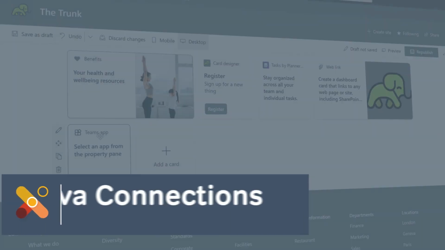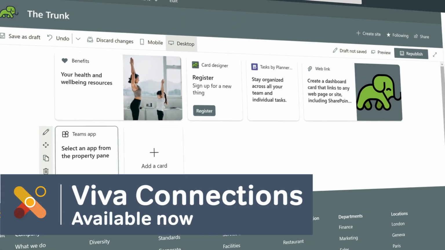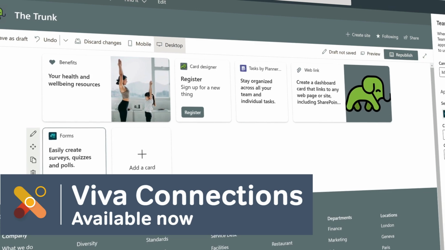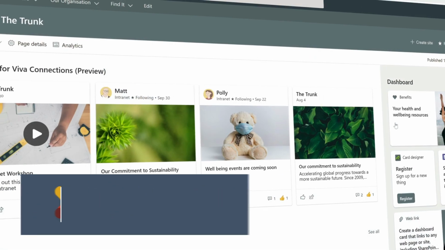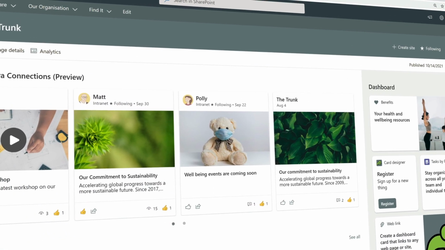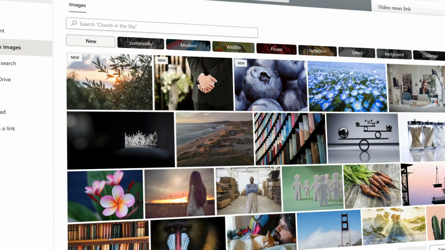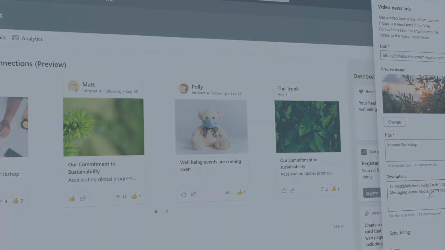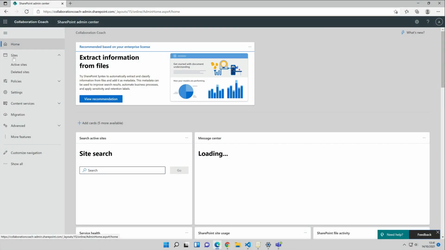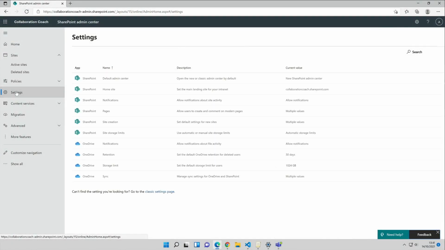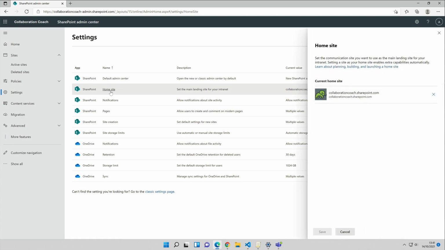So we covered Viva Connections a while ago, but new features are now in public preview, so I thought I'd cover them to give you the heads up on what's coming. There are new dashboards and feeds for home pages that will make our intranets more useful and engaging, and we'll get to that. But first, if you remember, initially Viva Connections allowed us to set a home page in SharePoint